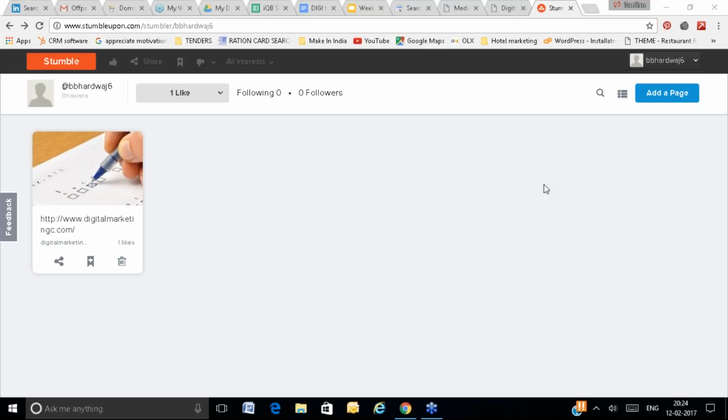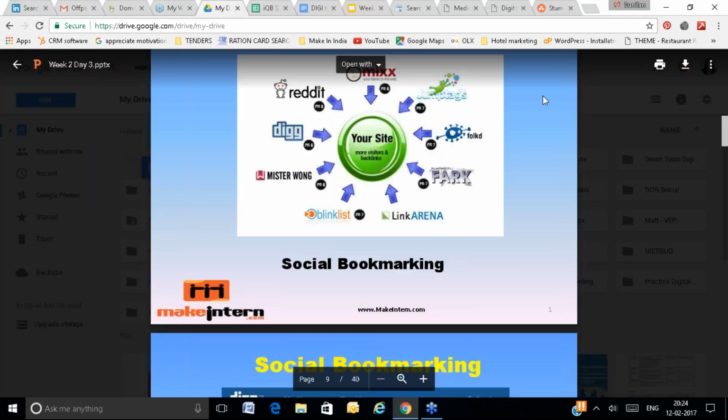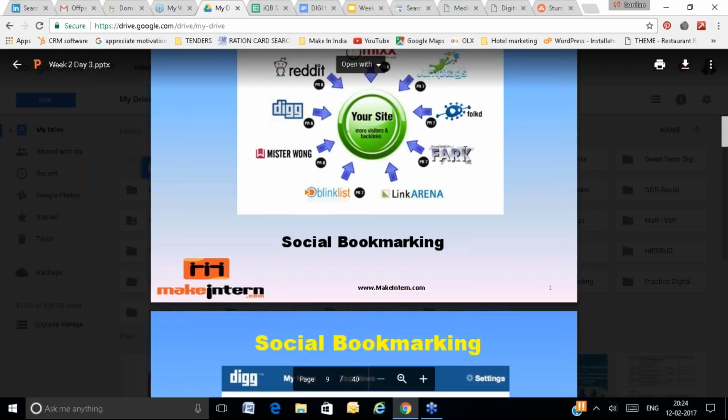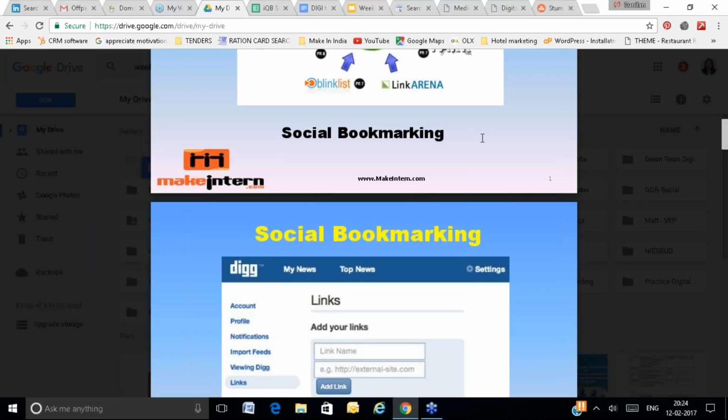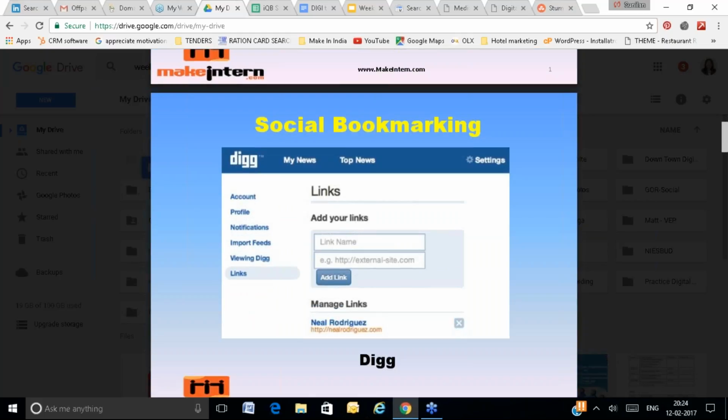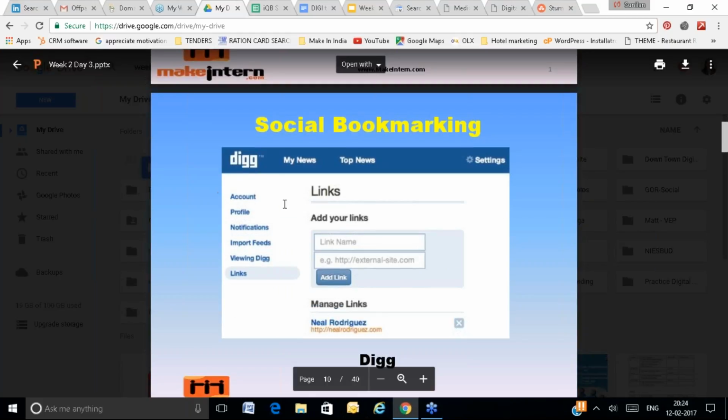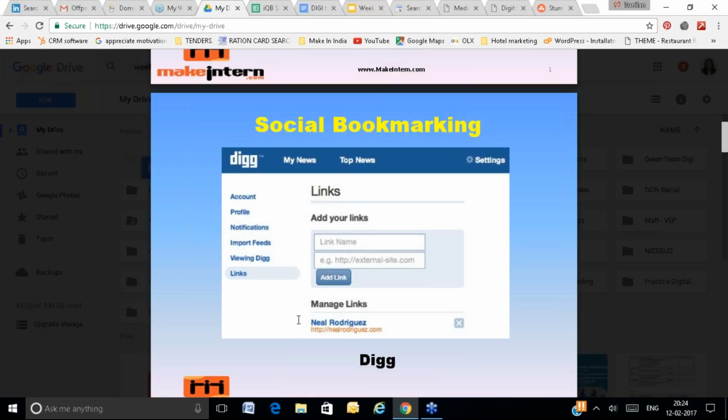Yes. Nice, thank you. So before moving into the other off-page activities, let me explain what is the generic process we follow while doing off-page activities. So social bookmarking, for example, we have done it on StumbleUpon. Here you can do Digg, which is also a bookmarking website. So you will go to Digg and create your account.